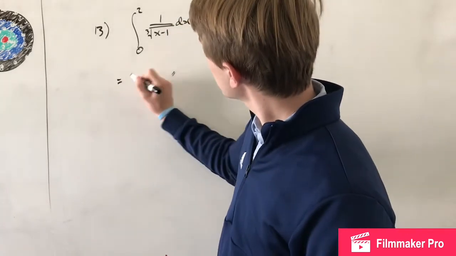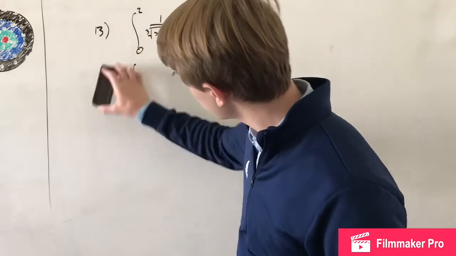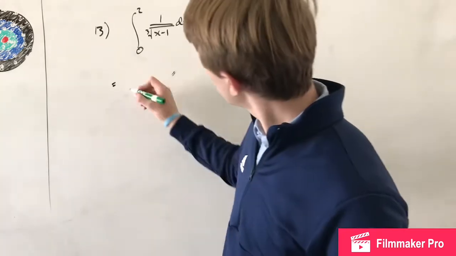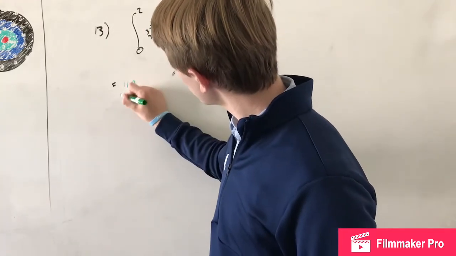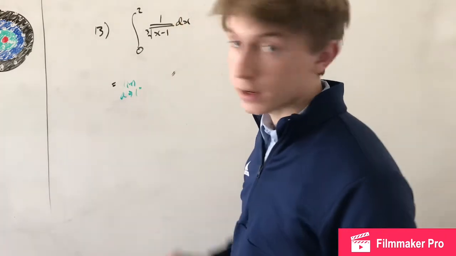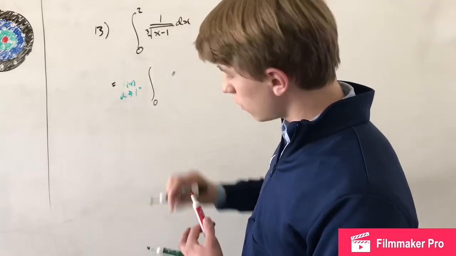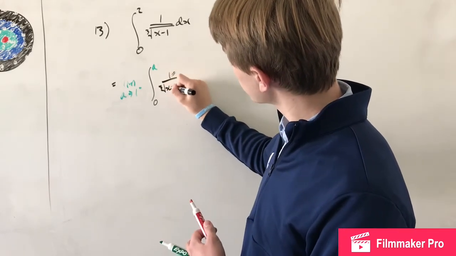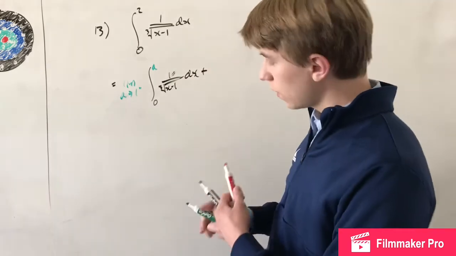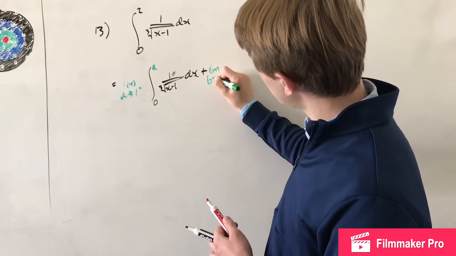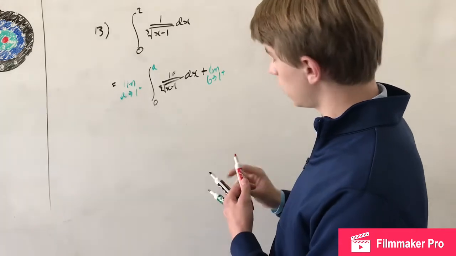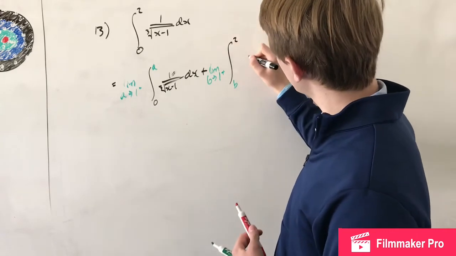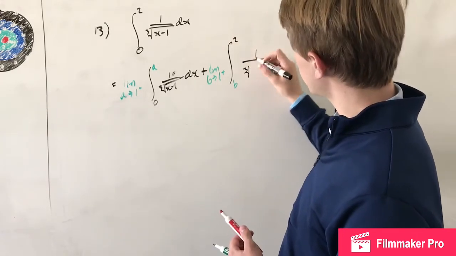So the integral equals the limit as, we'll say, a approaches 1 from the negative side of the integral from 0 to a of 1 over cube root of x minus 1 dx, plus the limit as b approaches 1 from the positive side of the integral from b to 2 of 1 over cube root of